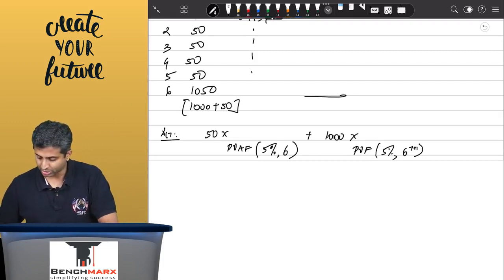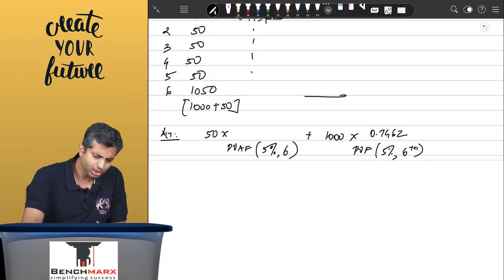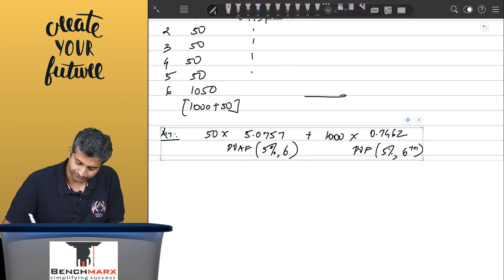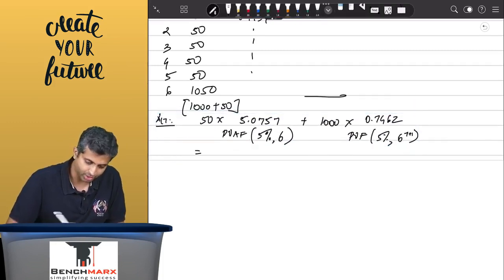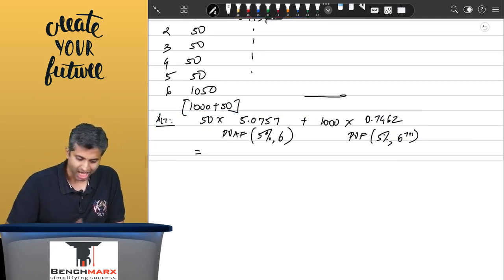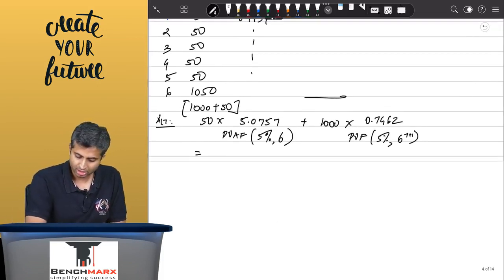So when I do this working, this will be 1 divided by 1.05, 1, 2, 3, 4, 5, 6. Over here, this will be 0.7462 and 5.0757, and hence let us say this will come to equals 50 into 5.0757 m plus 1000 into 0.7462 m plus MRC, and hence this is coming to approximately, just a second,